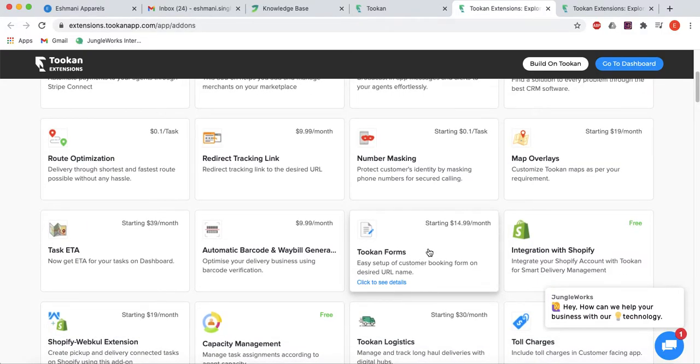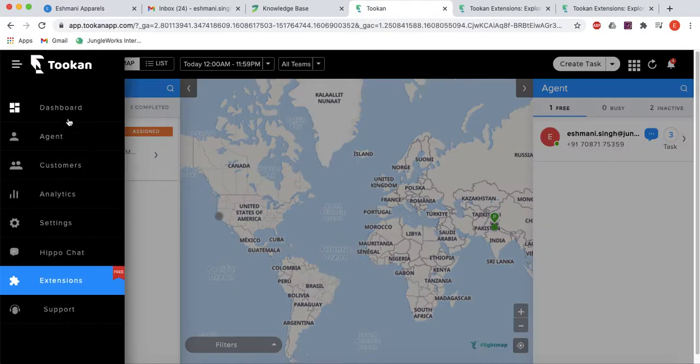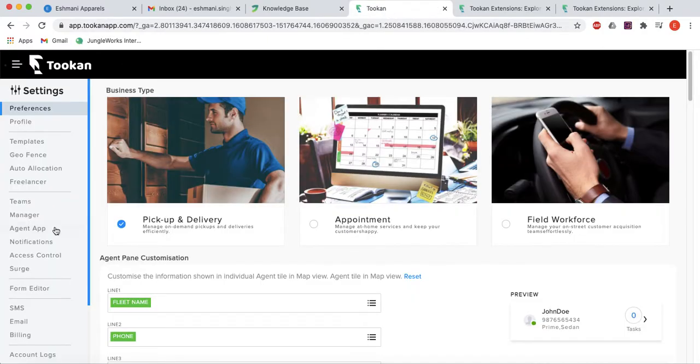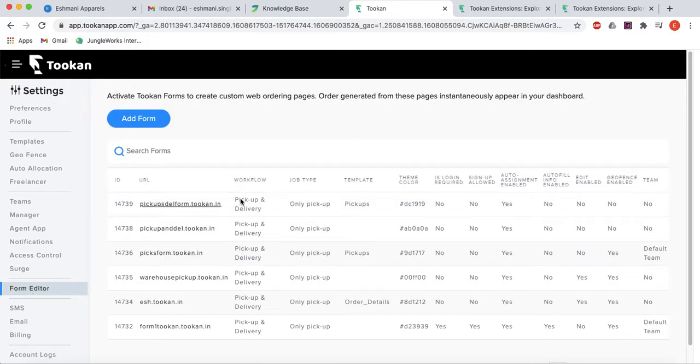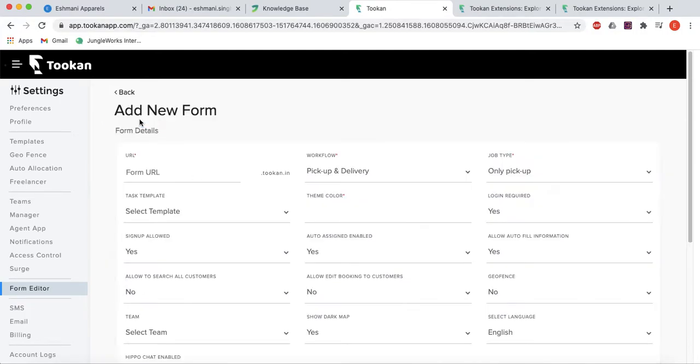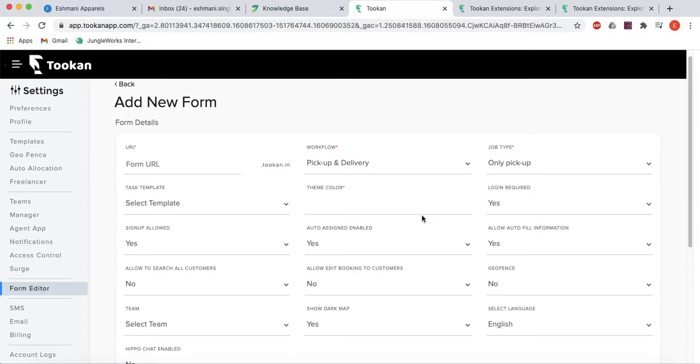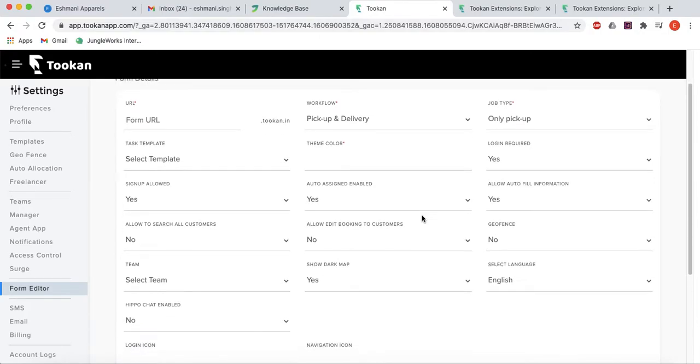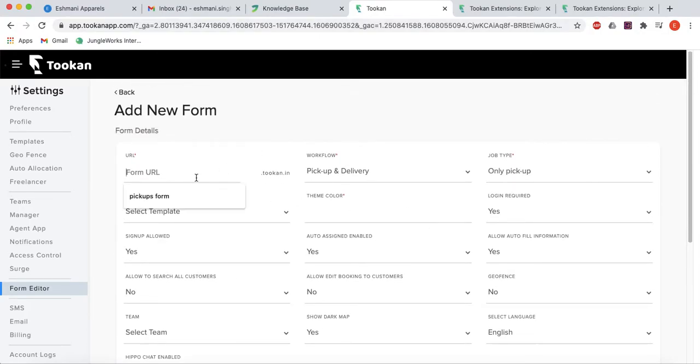I've already activated it, so what I have to do is simply go to settings, and then in the settings pane I have to select this form editor option. Now in order to add the form, I click on add form, and this will show me this window wherein you have to enter some necessary details in order for your form to get created. So I will just add a name for my